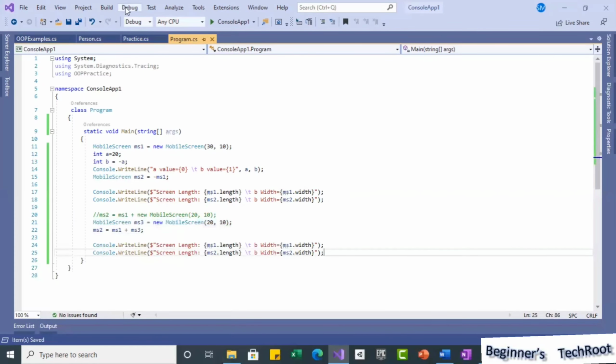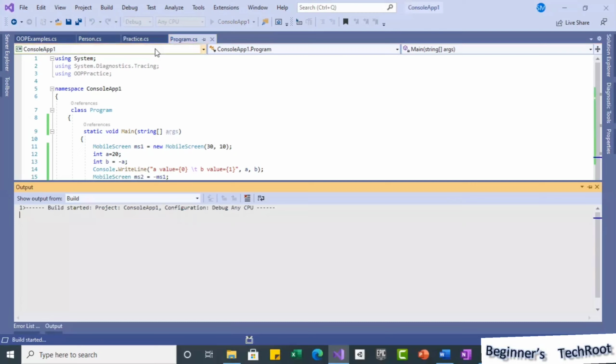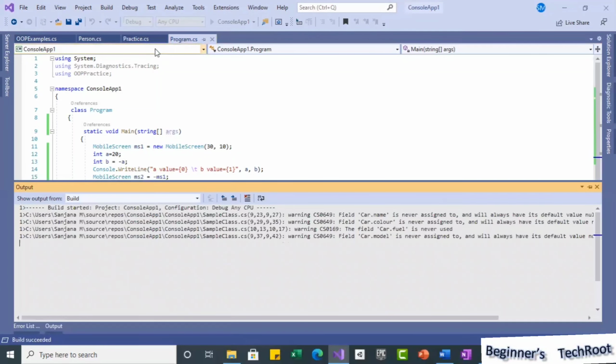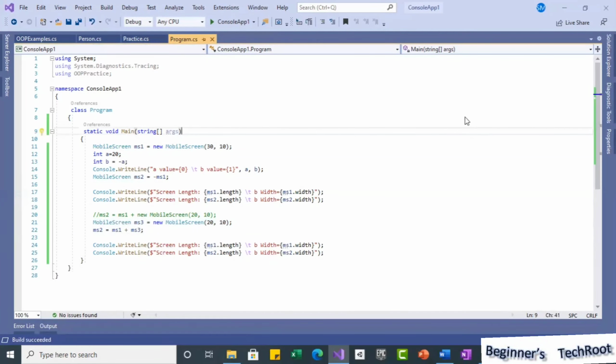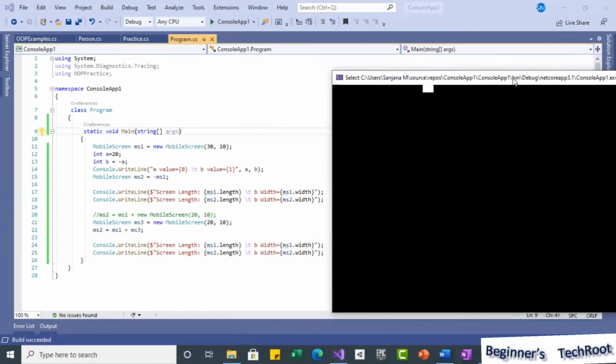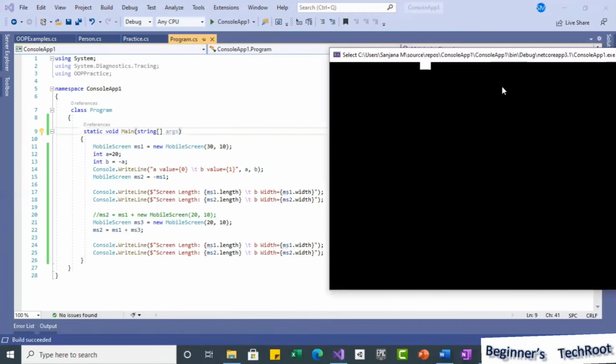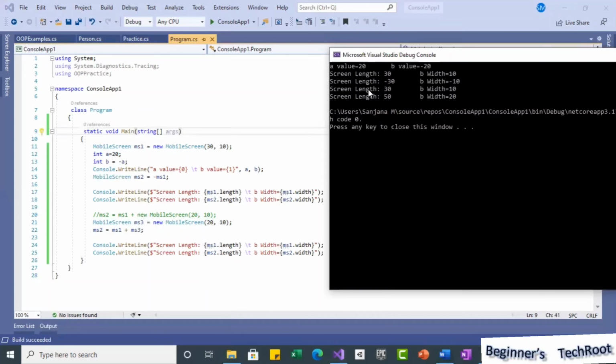So now if I execute this, and if you look at the result, see, A value 20, B value 20, that's all the previous thing, and 30, 30, 10, 10, whatever it was.